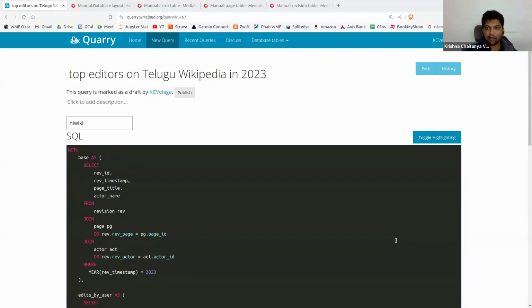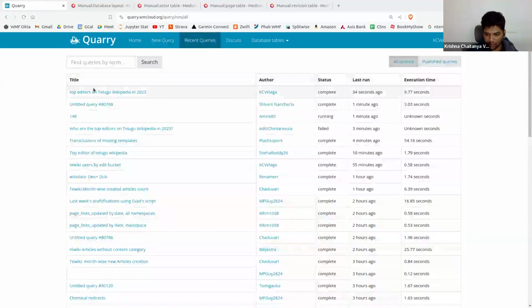Yeah, so that is the basics of SQL and how to use SQL to query. Obviously, if you learn SQL, then you can write more advanced queries. Queries, everything is public. For example, you can go to the recent queries. You have a list of, this is, I just ran a recent query,